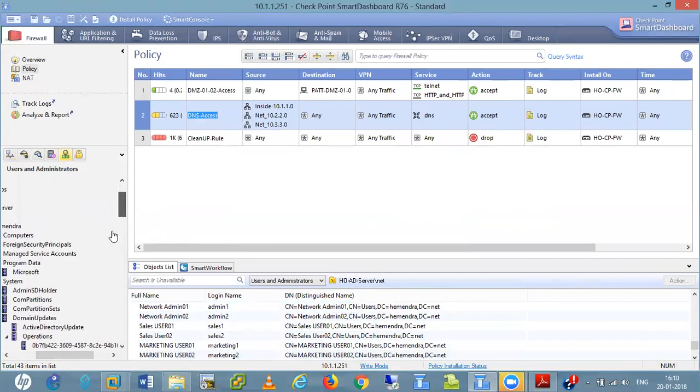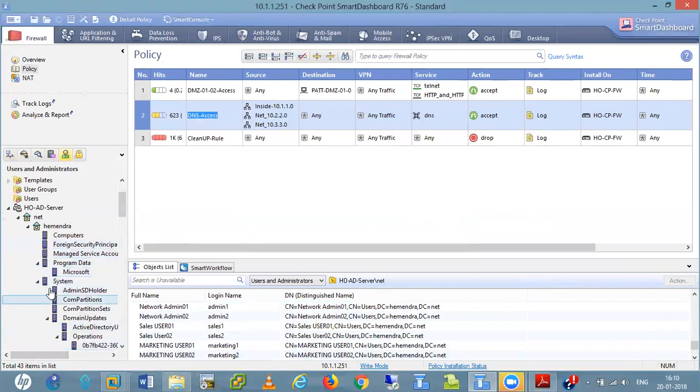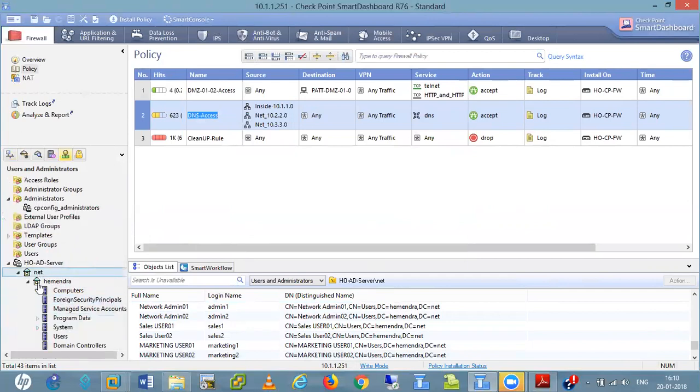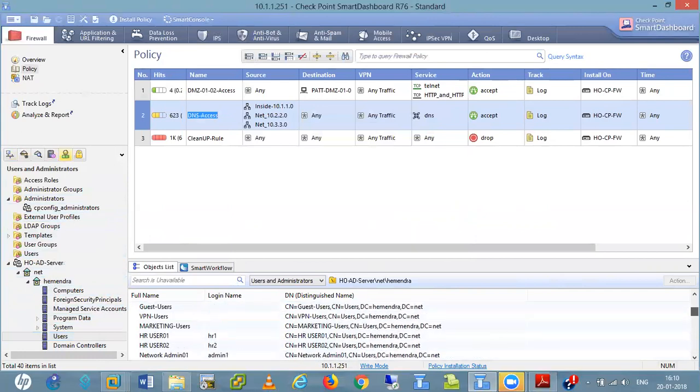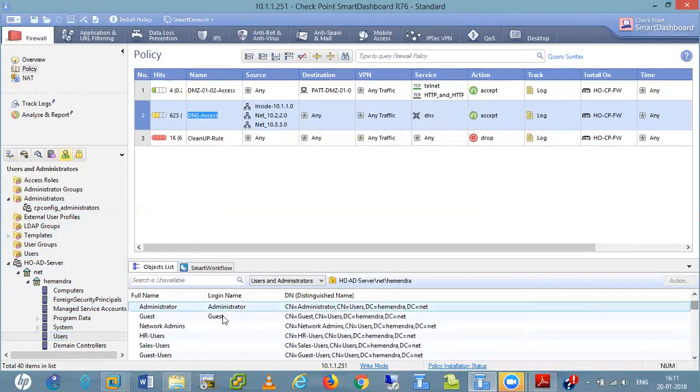Let me make it small. In Users and Computers, I think Administrator is somewhere else. Yes, this one. I give this as my CN. CN equals administrator user.